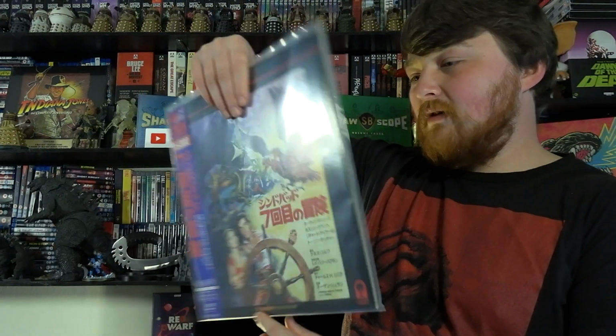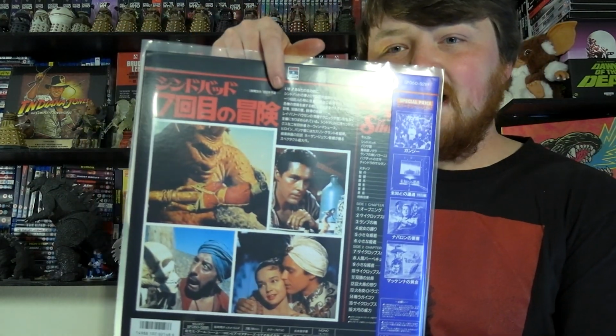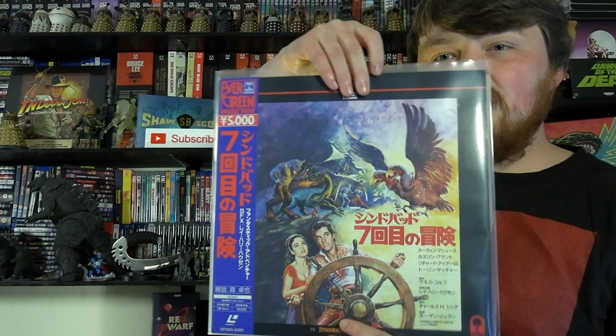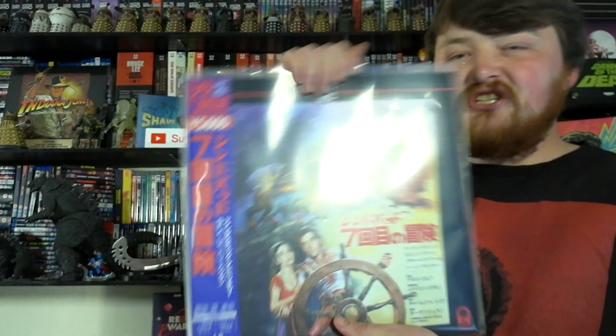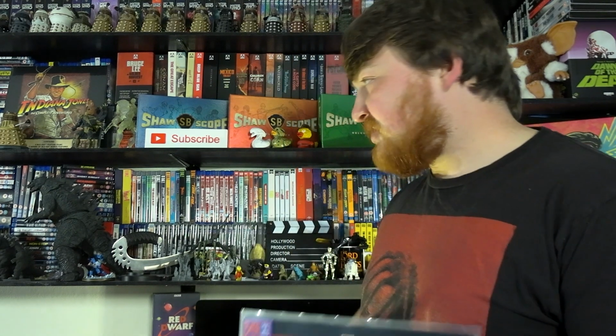But aesthetically, let me just look at that. I mean, you just don't quite get the scale or the awe from a small Blu-ray box compared to something like this. I think these really are an underappreciated form of art, and I think there's more to having something like this than there is to putting a poster on the wall, if that makes sense. I am looking to put in various places in the room, maybe mounts,